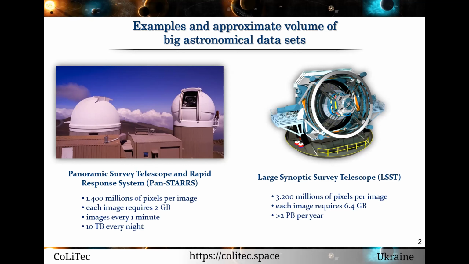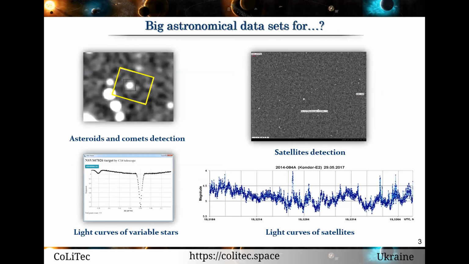Also, the Large Synoptic Survey Telescope, LSST in Chile, currently is under construction. It will take images of the full sky every few nights. There will be about 200,000 uncompressed images per year that equals more than 2 petabytes. As the resolution of cameras and telescopes has increased over time, allowing for the registration and analysis of more detailed images of the night sky, this process directly impacts the ability to detect and study various objects in space. Some of them are solar system objects, variable stars, asteroids, comets, near-Earth objects, satellites, and others.